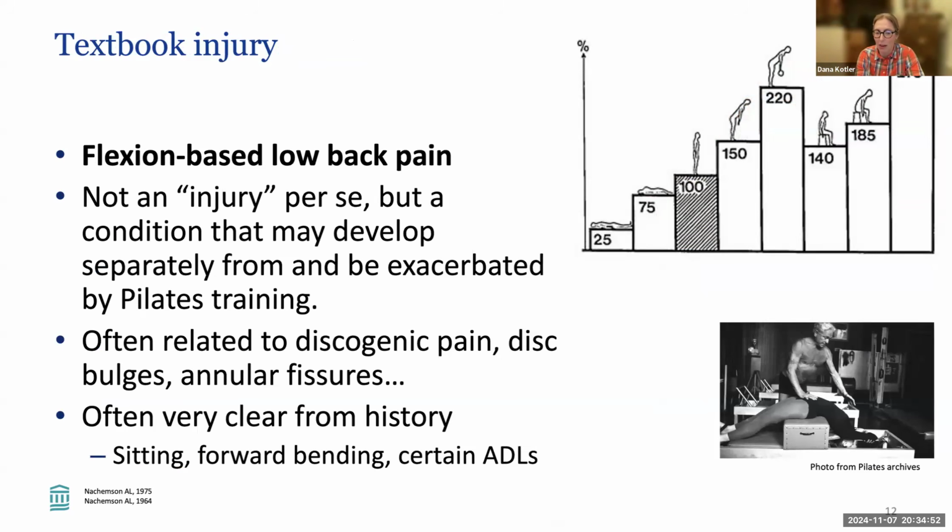So the Pilates method has a lot of forward bending exercises among neutral and extended ones, but the forward bending ones are often the ones that can cause trouble in someone that has this. So you might have pain that's coming from an irritation in one of your lumbar discs, including a disc bulge or a disc herniation, as well as what's called an annular fissure, or a little tear within the disc. This is often pretty clear when you examine a patient. It's pretty clear from their history. They have pain when they sit, they have pain when they forward bend or put their socks and shoes on, and with certain activities of daily living, like getting dressed, putting your pants on, getting stuff out of the dishwasher, that sort of thing.